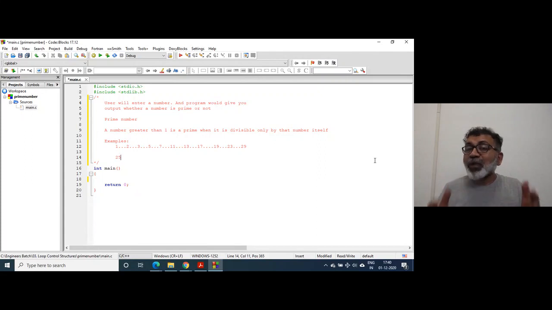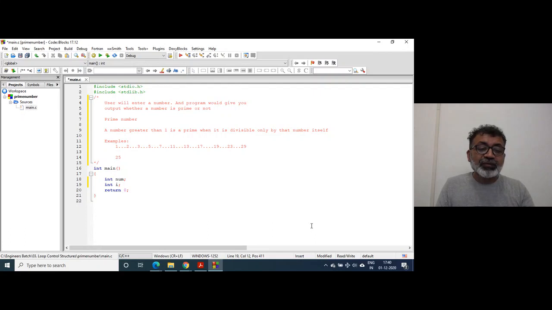And how will you stop abruptly? The break statement is going to help you. So we will write the program. One variable for taking the user input, another variable for the counter, i.